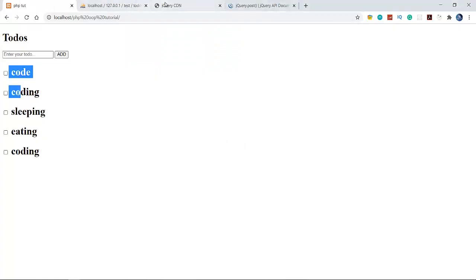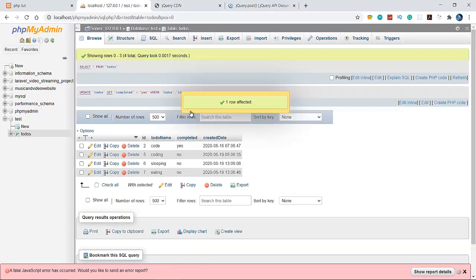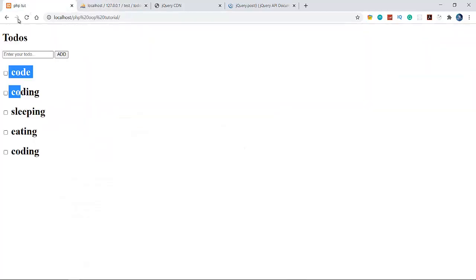Now there is one problem here. Whenever we write yes here, see that completed is yes. But whenever we reload this, the code should go away from here, but it is not going. So there is one error here.